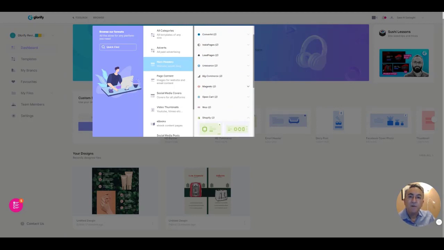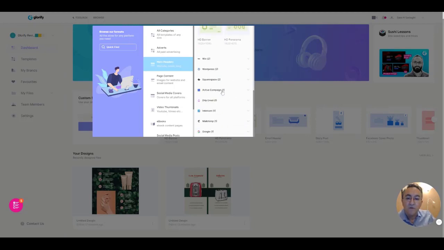You can see, I mean, finding one software that can create graphics specifically for e-commerce and online shopping, to have all these options is very rare. In fact, Glorify is the first in this way, in the sense of creating specifically for e-commerce purposes. So now it's Magento, it's BigCommerce, and as you see, even with the lead pages, Insta pages,